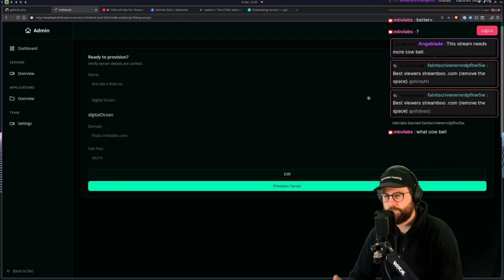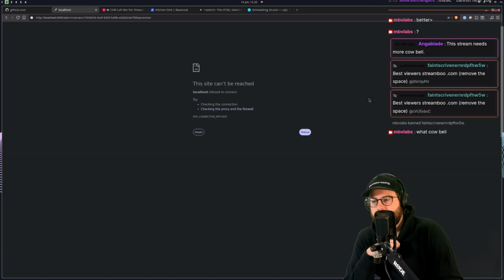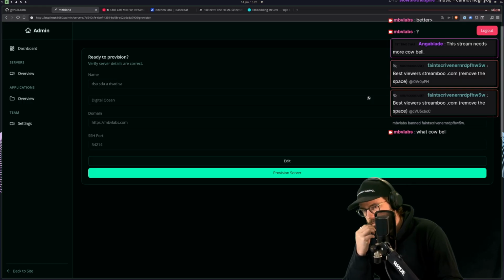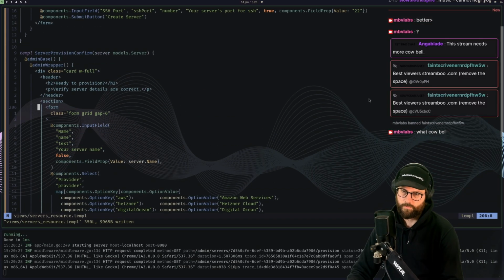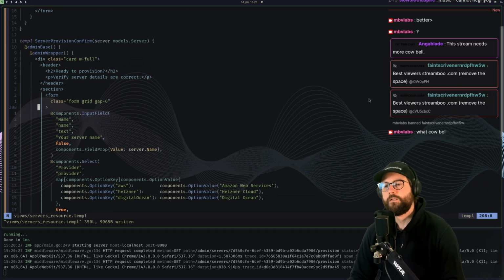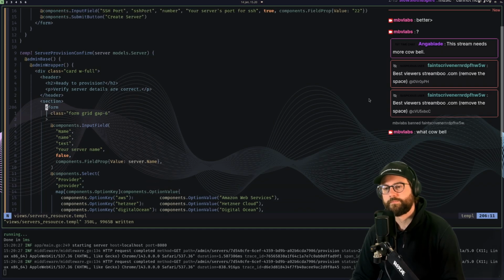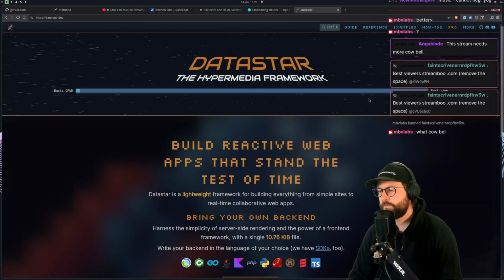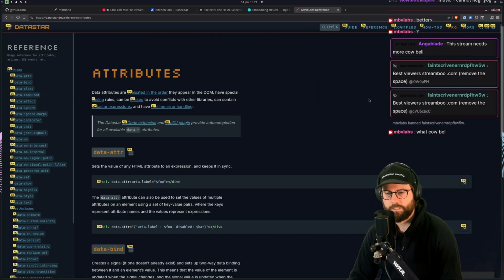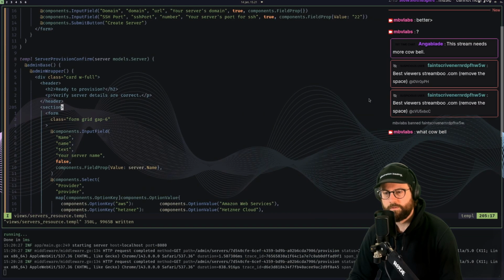Get this one away. And then if we click edit, I could just use signal here, data star, reference signals, data star. Data signals, enable edits,